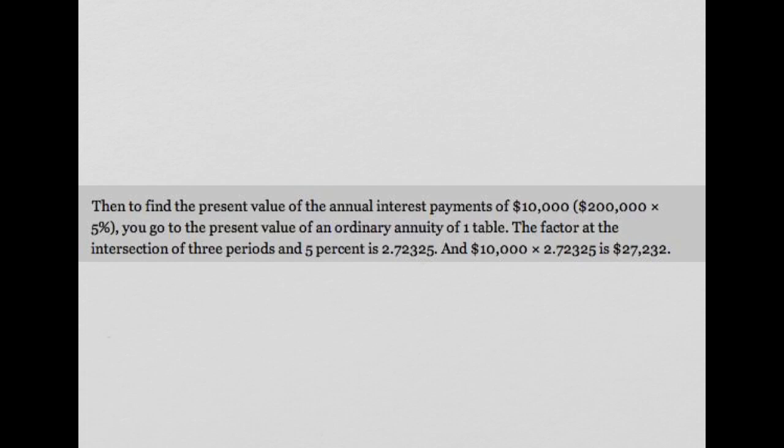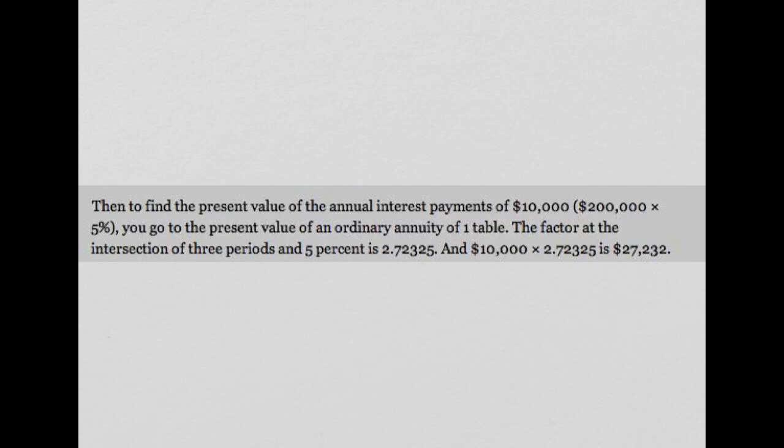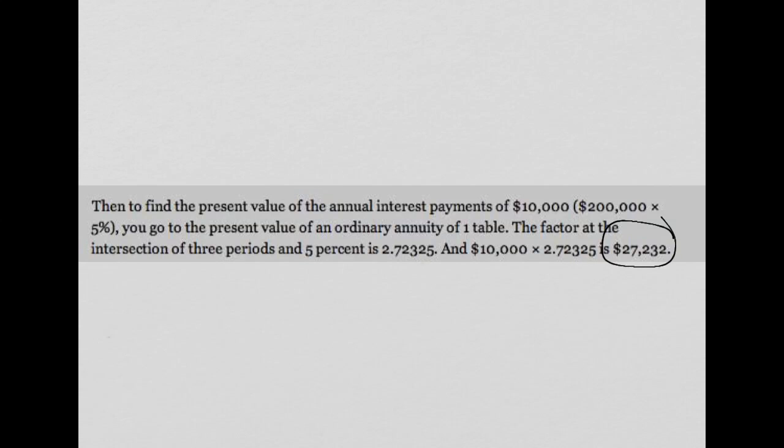$172,768. Then to find the present value of the annual interest payments of $10,000, you do the same thing, and you wind up with a present value of the $10,000 that's getting paid out at $27,232. And the result of all that is it adds up. Oops, what happened there? It adds up if you take the addition